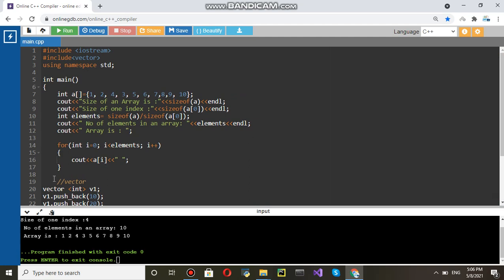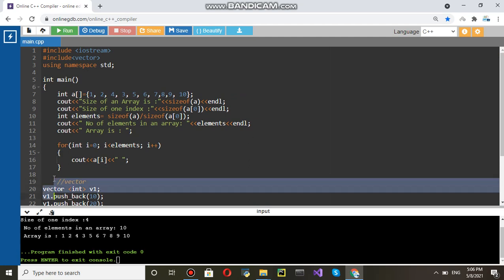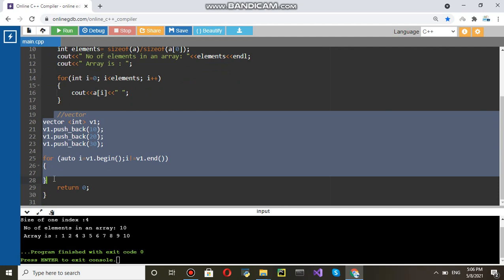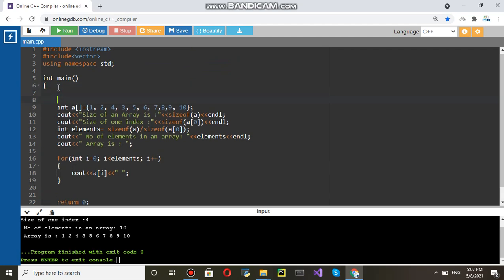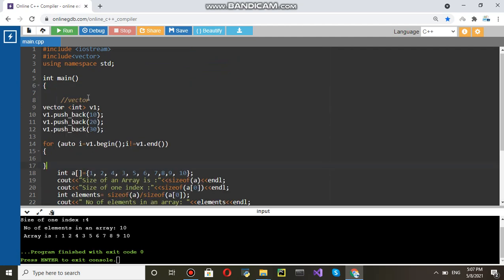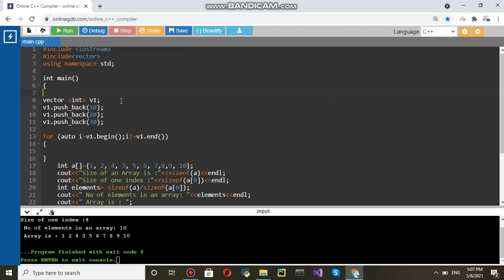So what I am going to do here, I will copy this, Control X, and paste here so that it will be visible. We are dealing with vector now, vector int and then auto. Here we are going to print the vector.